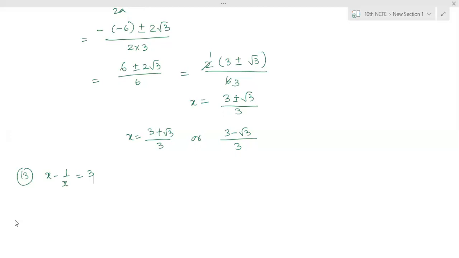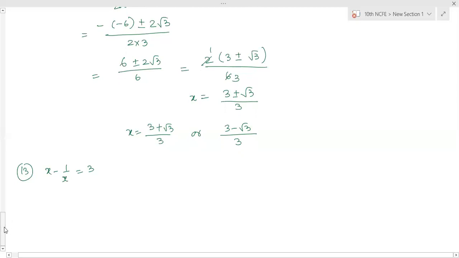Everyone got it? Yes, ma'am. This is an NCERT question. This one and the earlier one are both NCERT questions. Everyone got it or need to solve? 3 plus root 13 by 2 and 3 minus root 13 by 2, so 3 plus minus root 13 by 2. Is this the correct answer? Yeah, that's what I've written, no? Oh, yeah.